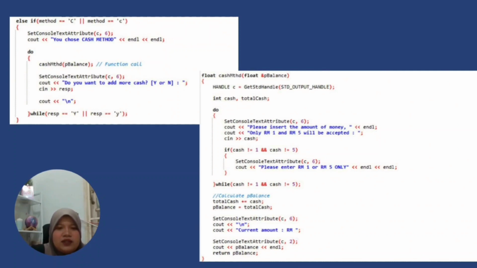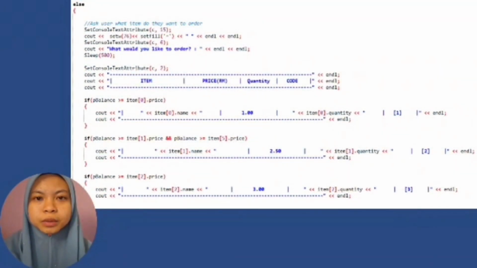If user enter the right amount, it will calculate the P balance. Total cash plus equal cash, P balance equal total cash. Then it will display cout current amount RM, which is P balance. Then it will return the P balance. As it will display what would you like to order. There is selection control structure. If P balance more or equals to